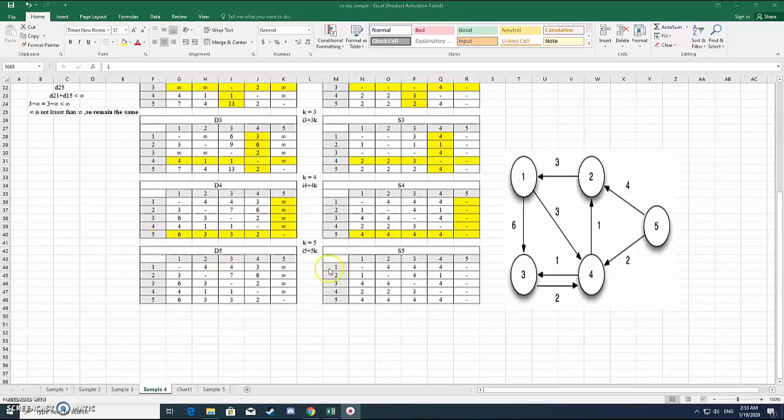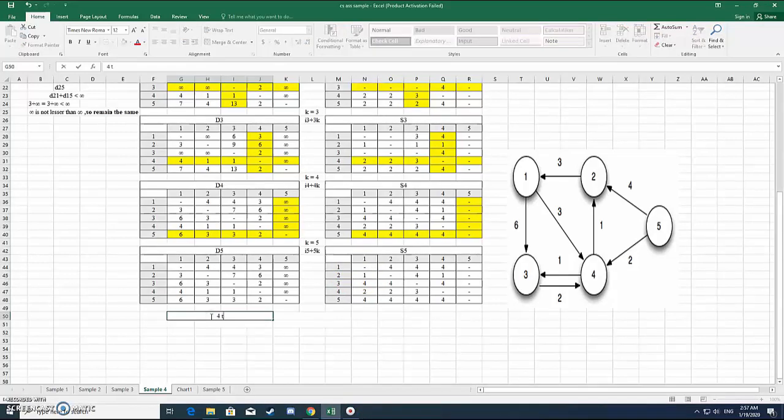Okay, so how do we read this table to know the shortest path? For example, from 4 to 1. From 4 to 1, we see the sequence table. If we need to go from 4 to 1, we need to go to 2 first, and then from 2 we can go to 1. Okay, so 4 to 2 and 2 to 1 is the shortest path. And the duration is